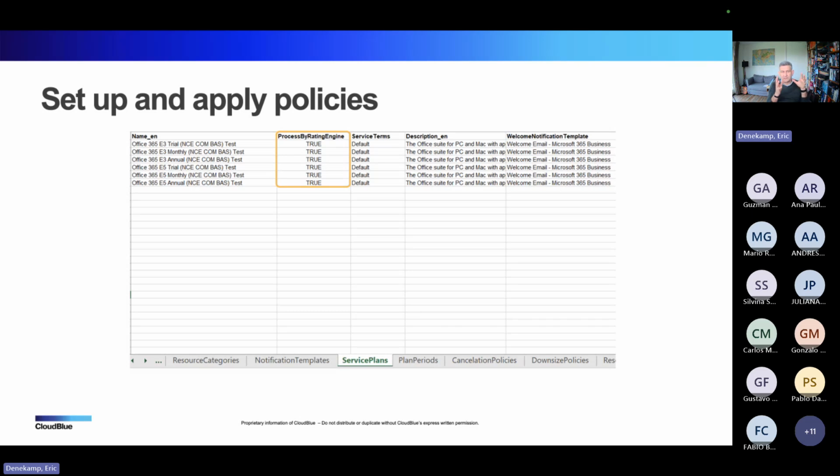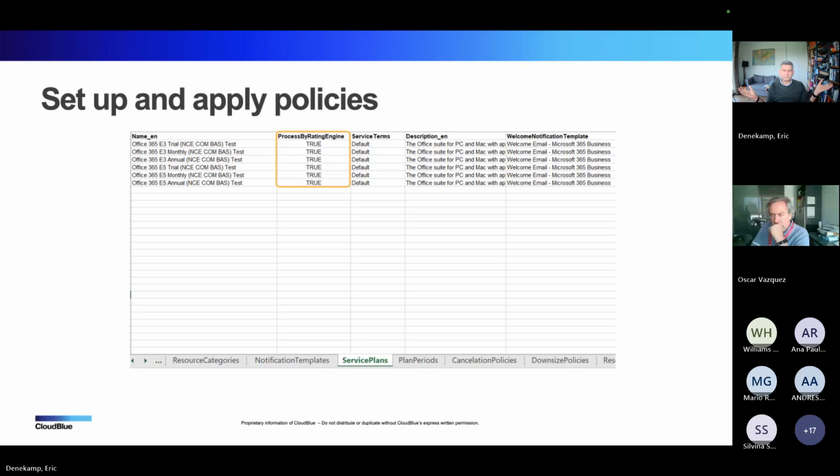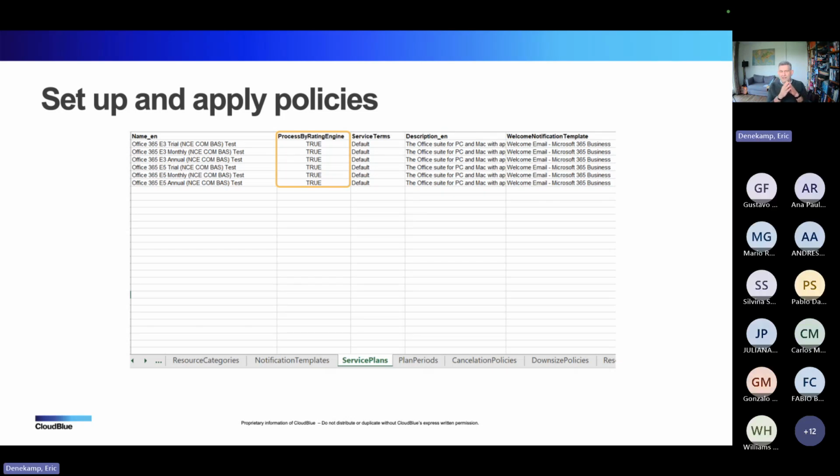Because what I create here in this specific way of doing it, I create plans and resource rates that are all zero price. In none of those tabs, we see a price available.